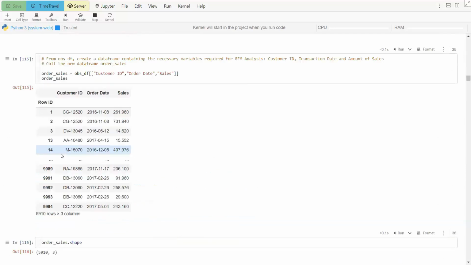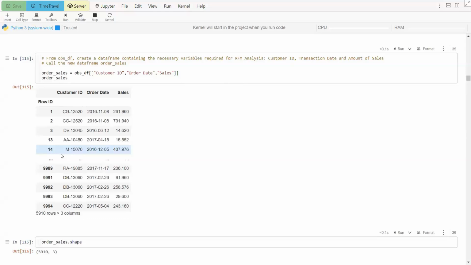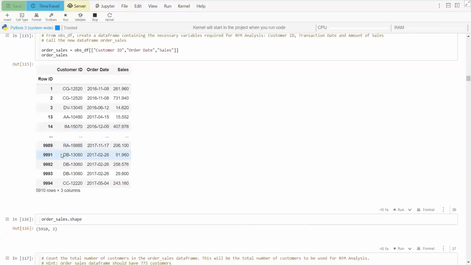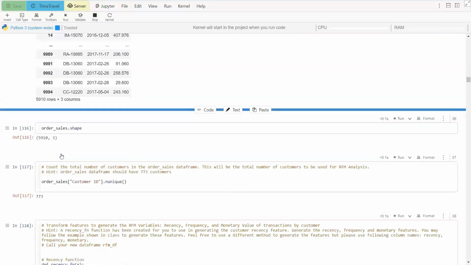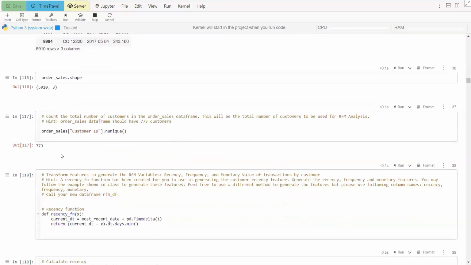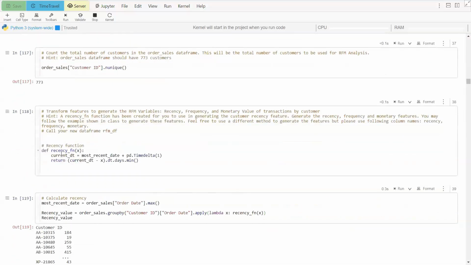I extracted a smaller data frame from a big data frame using the customer ID, order date, and sales. These are the most important information for me to generate my RFM score. So I indexed them out of the big data frame to have a table, and I saved that as order sales. Using that order sales data frame, I check the shape again, I check the uniqueness,